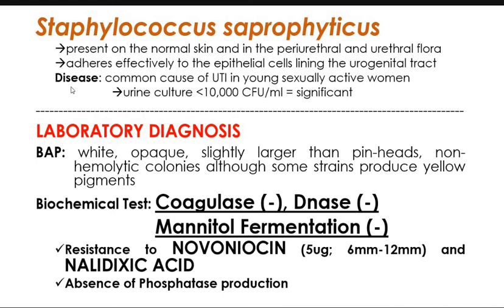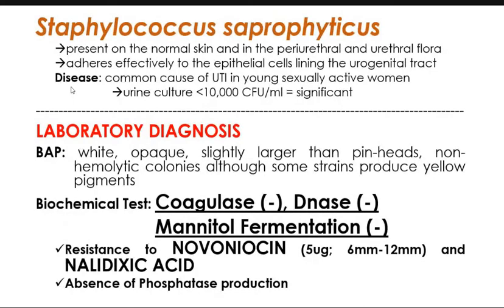It is also the cause of catheter-associated UTI in men and women. So, ano ang virulence factor naman ni Staphylococcus saprophyticus? Ang kanyang virulence factor is its ability to adhere to epithelial cells in the urinary tract,